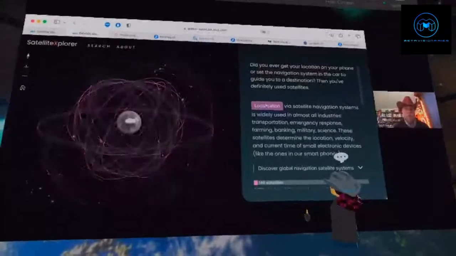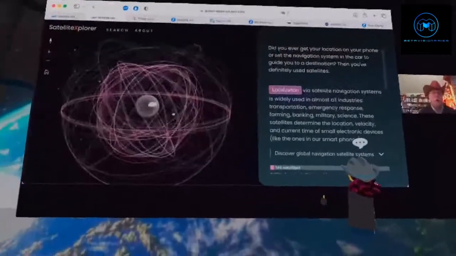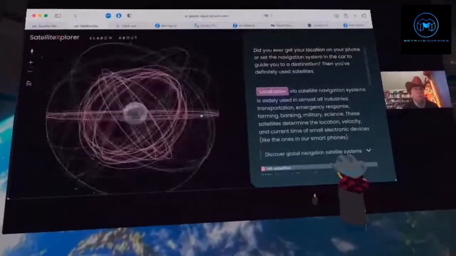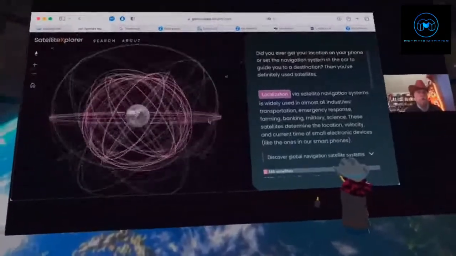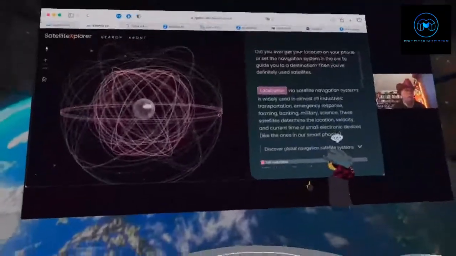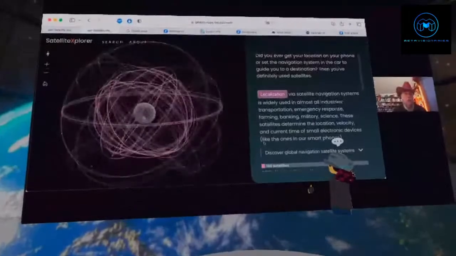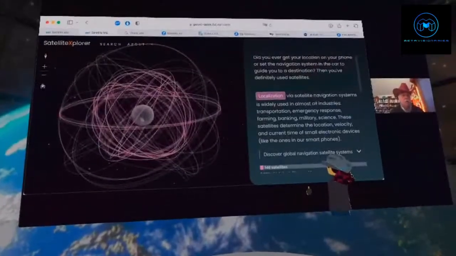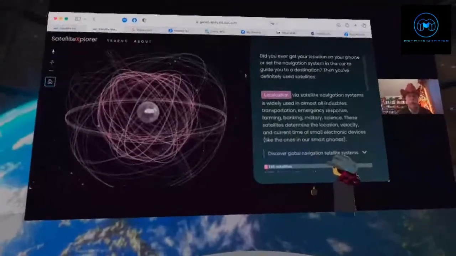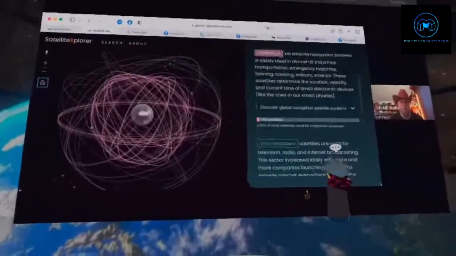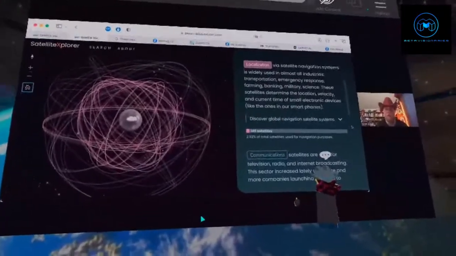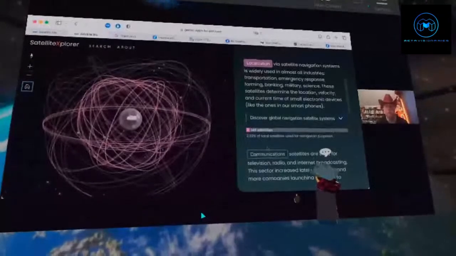And so you'll notice right now is displayed all the navigation satellites, and I'm just rotating it with my mouse here. This is all the navigation satellites that we have, and I'm going to give you a lecture on these later. If you get it off and lost and you don't know where you are, you can always just click on this little house over here in the upper left, and it takes you back to the default view. So here, these are all our navigation satellites. It tells us there's 146 of them.